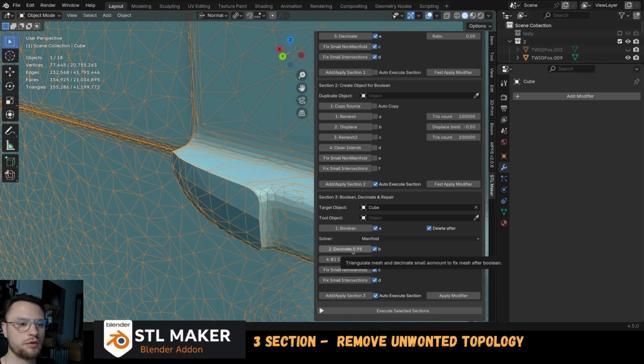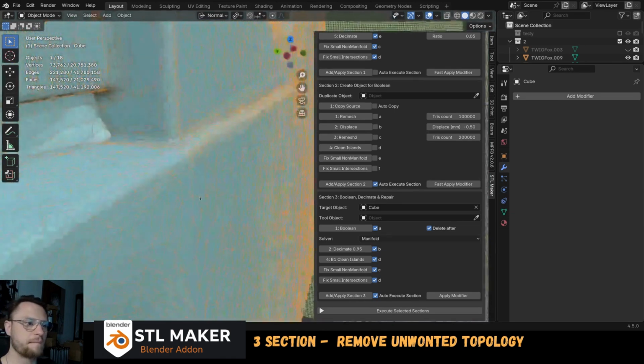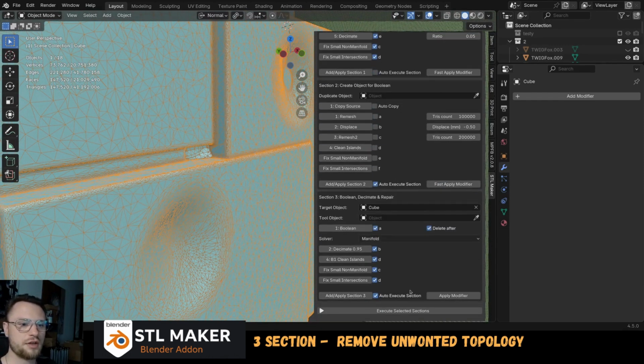So for the Decimate modifier, set it up manually on 0.95, it fixes some parts in here, and triangulates the rest of the object. So next is clean islands as before, non-manifold and intersections. So this is for applying everything. Yeah, so now we already got through all of the sections, but we